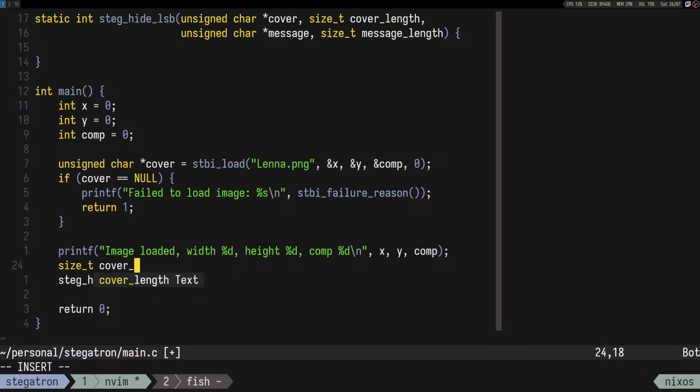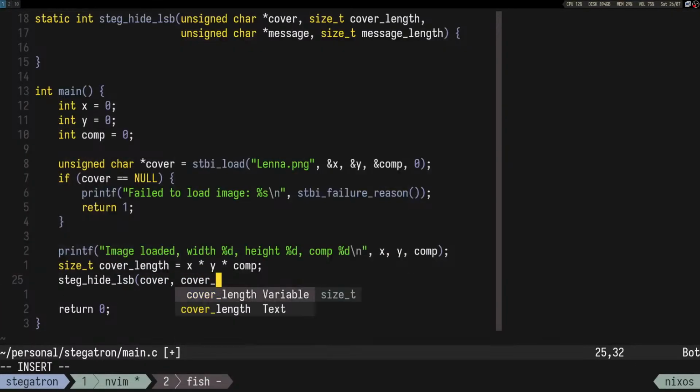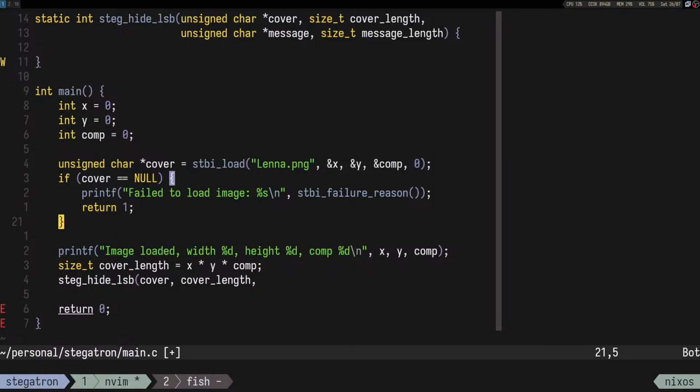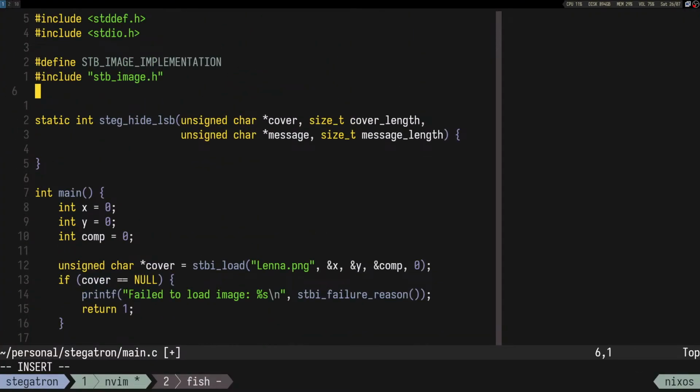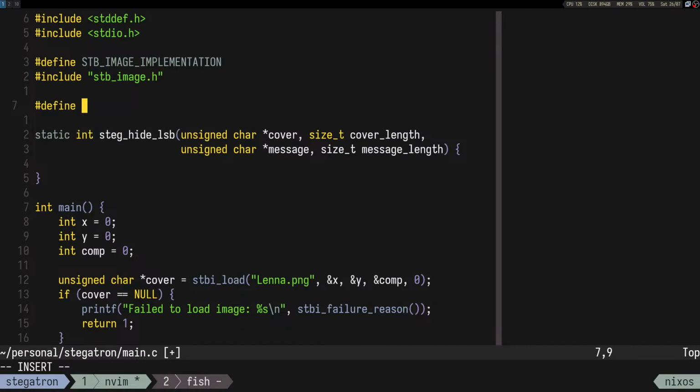So we're going to have cover length, and this thing is going to be x times y times comp, right? So we have the cover, we have the cover length, and for the message and message length, we can just hard code this thing for now. So let's just say we're going to have some kind of define, message is going to be hello from image,